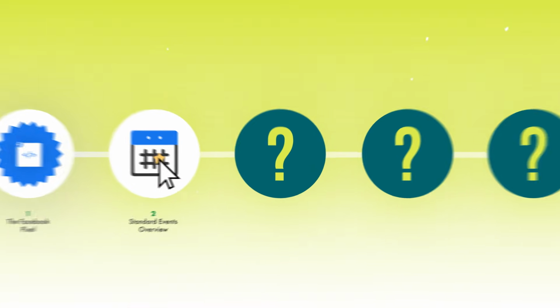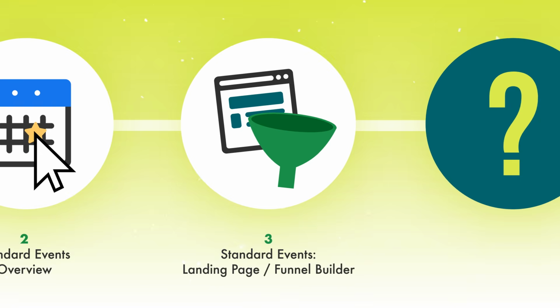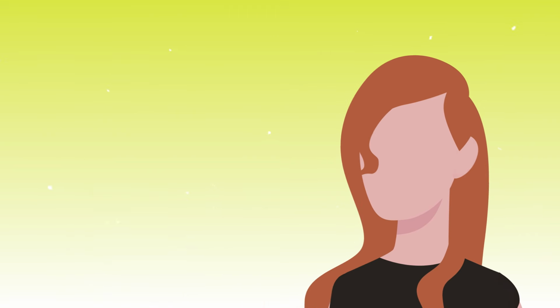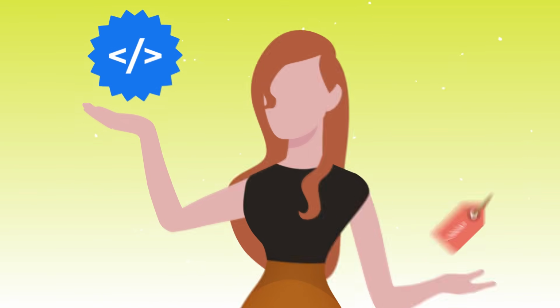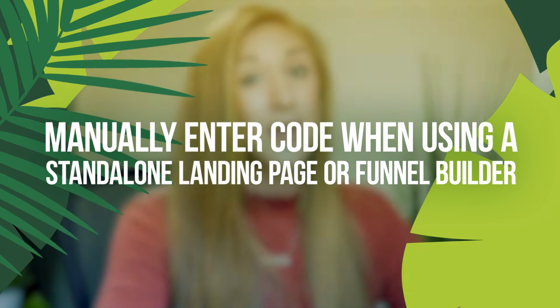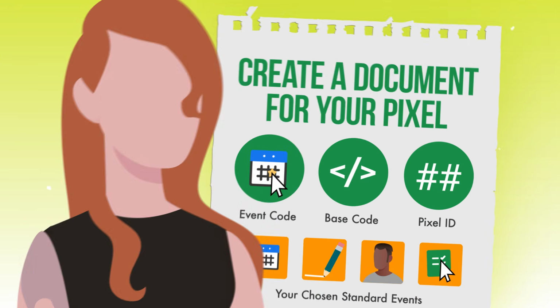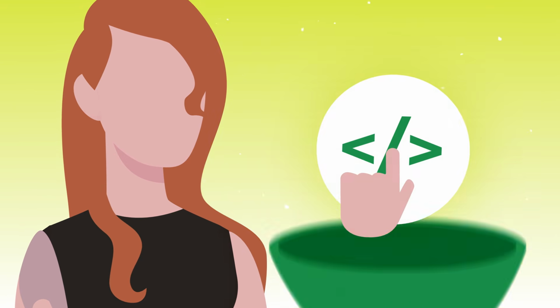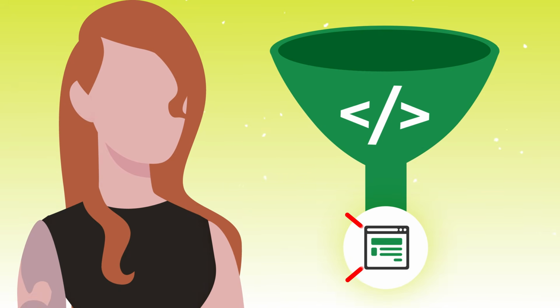Now that we've installed your base code on a website, I want to show you how you can add your code to individual landing pages. You can use the website event setup tool with a funnel builder, but I much prefer to do it individually because we're already going to be going in, adding the code, changing the metadata, and this is a really easy step to add in. So the first thing that you want to do is go to your preferred landing page builder. Most of them are set up fairly similarly, so you should be able to navigate to this section pretty easily. And we can install the base code in the overall funnel, not on an individual page.